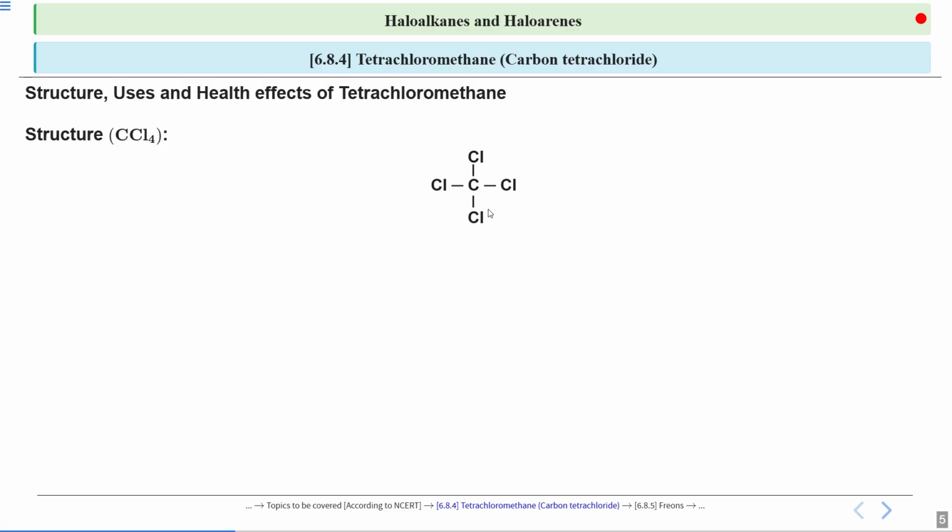The compounds which contain more than one halogen atom are considered polyhalogen compounds, right? So this is a polyhalogen compound because it consists of 4 atoms of halogen. So this is tetrachloromethane, which is a polyhalogen compound, and this is its structure. Now, if we talk about the uses of tetrachloromethane,